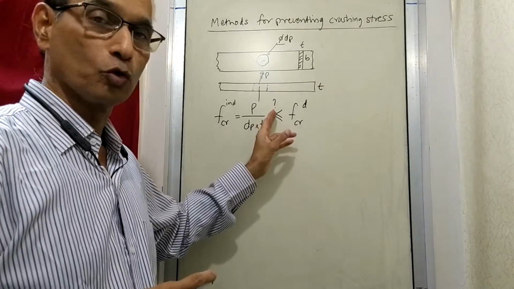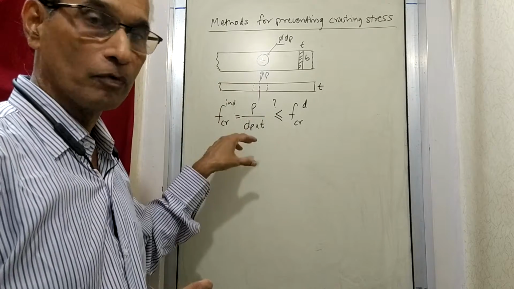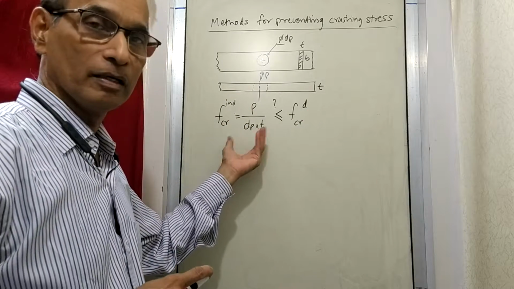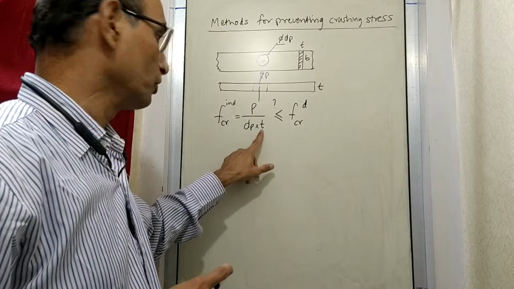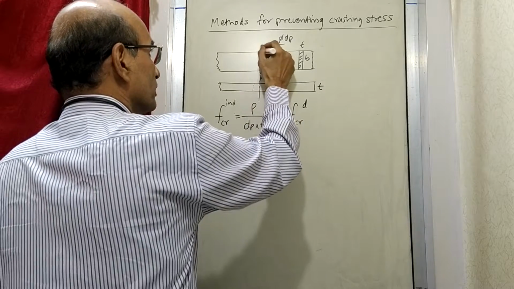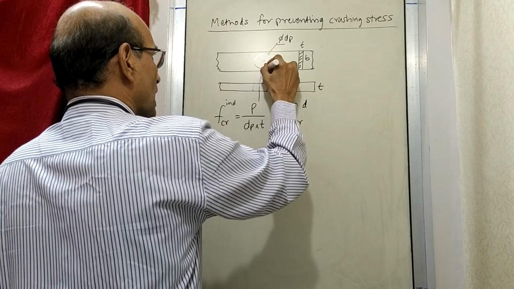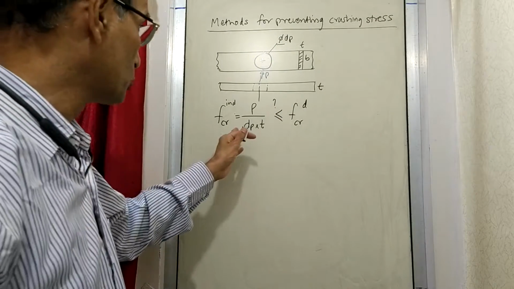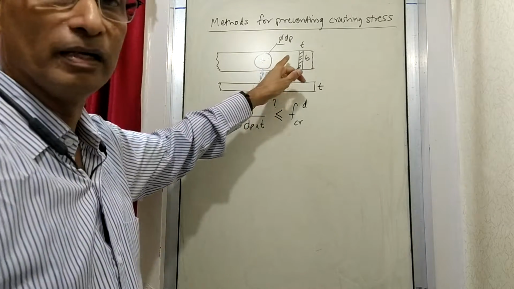But suppose it is not so, that means if the stress is more than the design, then we have to bring it down. So how will this be brought down below the crushing design stress? That is by increasing the denominator. So how do you increase the denominator? Either you can increase the diameter of the pin or you can increase the thickness. So suppose it is failing in bearing stress, then you might think of increasing the diameter to a higher size. But the moment you increase the diameter, what happens? The remaining surface is less.